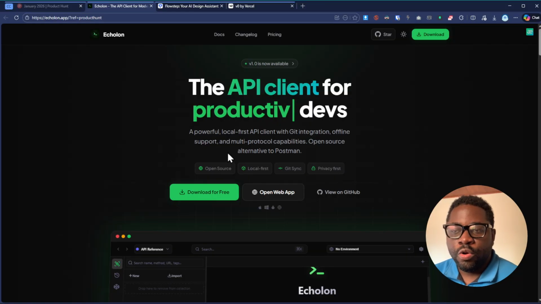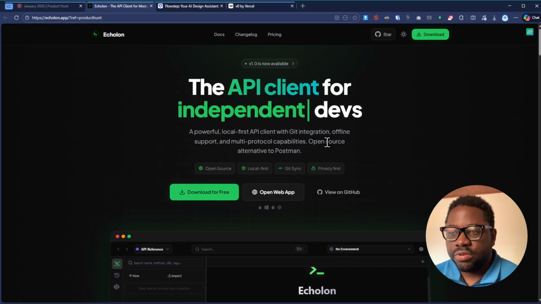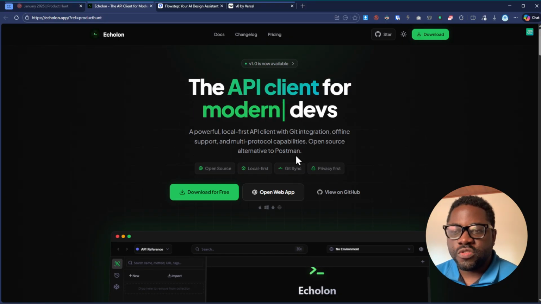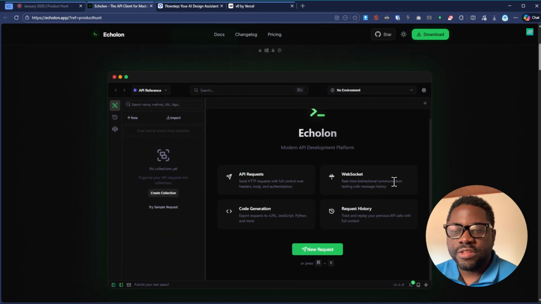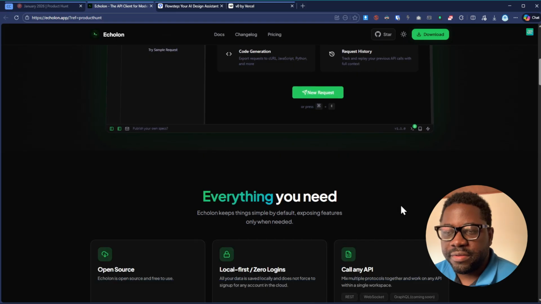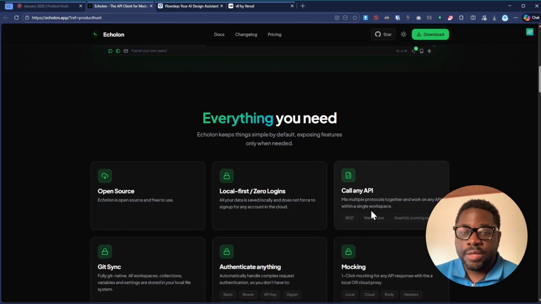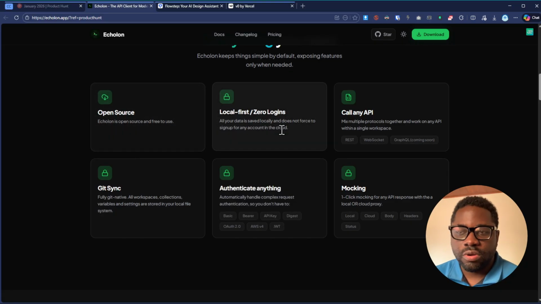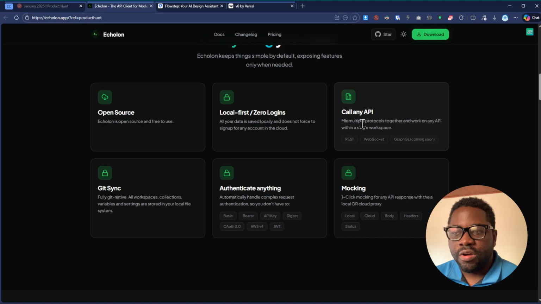It's a powerful, local first API client with Git integration, offline support, and multi-protocol capabilities. Open source alternative to Postman. And so that's kind of what the upside is for this tool. It's still a very new tool and it's still growing in popularity, but really Postman is definitely the standard. So the kind of upsides to this tool are open source, local first, zero logins, call any API,